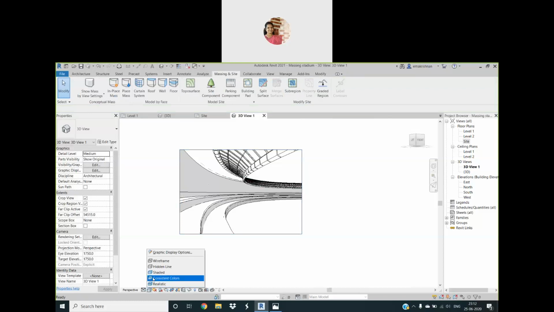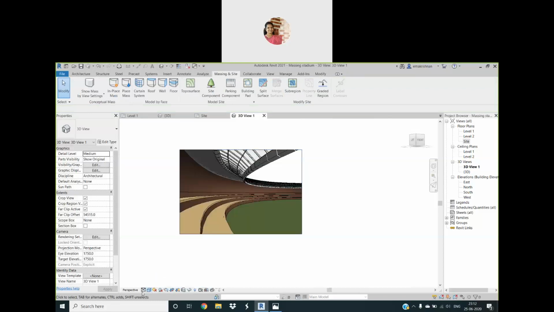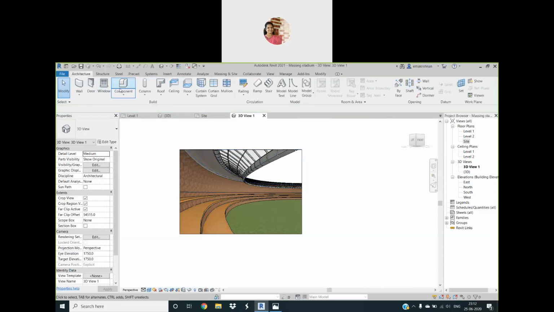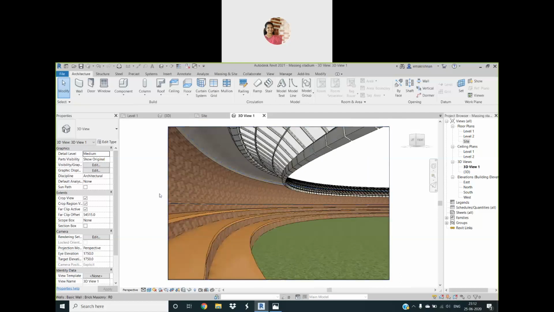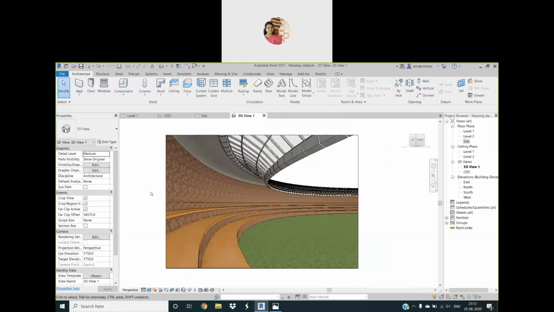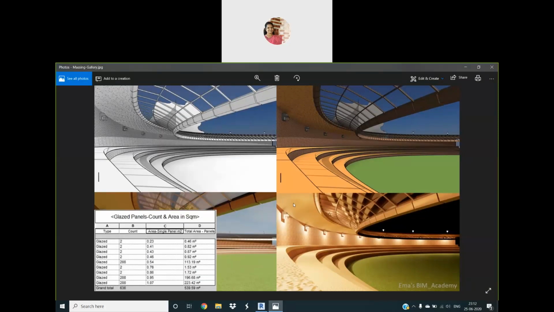Yes, and this is the shaded mode, and this is the realistic mode. Okay, and we can fix the artificial lights. It's very simple. You can just go to the components, and here you can fix the lights, artificial lights, and you can do the rendering. So the rendering can be done for daylighting as well as artificial lighting, or a combination of both. And Revit is providing very nice facilities for render in cloud also. So that is how I created these images.